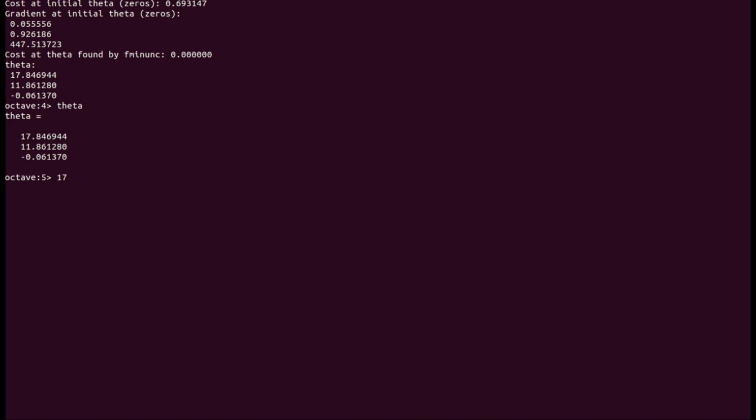So this 17 point, the line that separates these two parts is something like 8469 plus 11.8612 x1 minus 0.0613 x2, and x1 is our dominant frequency, and x2 is our peaks.